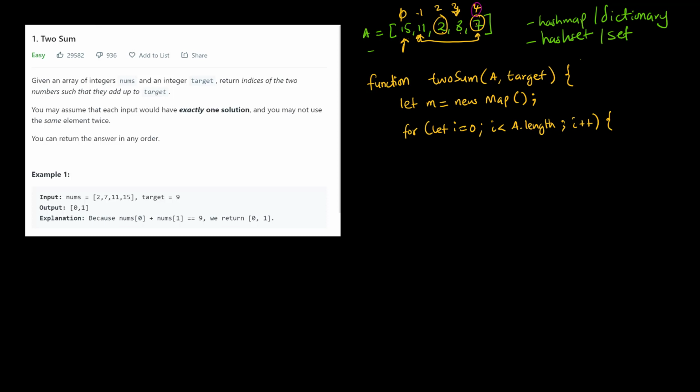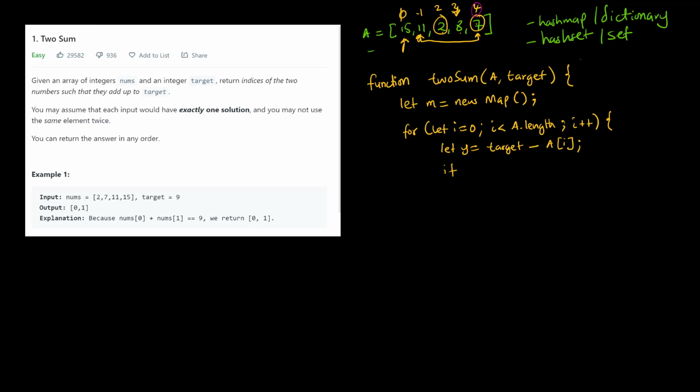Okay, and what we are doing is say if m dot has, remember, no, sorry, we have to find our y first. So let y be target minus our x, our current x, which is a[i],